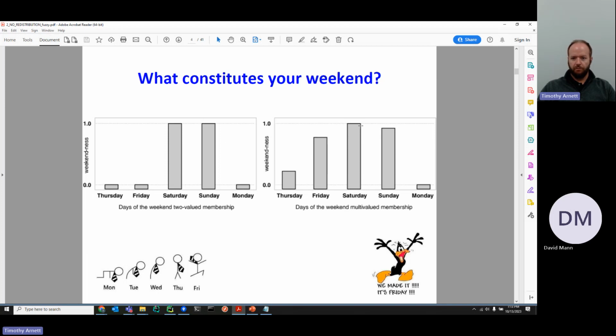Saturday, as we've discussed, is full membership. Pretty much nobody considers Saturday to not be a full weekend day. It's the day for doing weekend events. Sunday, like we mentioned, is almost a full weekend day, but has some qualities that make it a little bit less so. And then, of course, Monday, everybody's a big fan of Mondays, as we all know. Monday is back down to zero, where I don't think, in most cases, if there's not a holiday, Monday is associated as a weekend day.